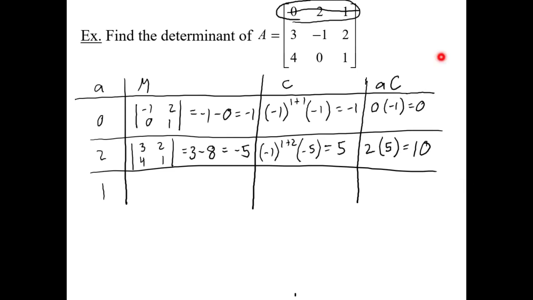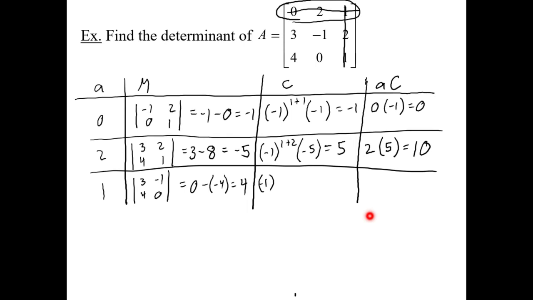If I remove the row and column containing that 1, I'm left with the smaller matrix, 3, -1, 4, 0. Multiply the main diagonal minus multiplying the other diagonal. I'm getting an answer of 4. I just realized this is the same matrix from the last example. That's hilarious. Anyway, doesn't matter. So we found that my minor is 4,